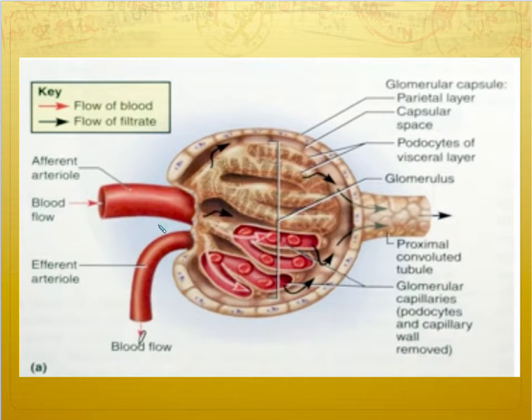So this is your first part of urine production. This is your glomerular capsule. And so blood flows in this way, this way. We run it down to a single blood cell before it then leaves the body after all of the juices are pulled out of it. And then when that happens, so when it goes in here,